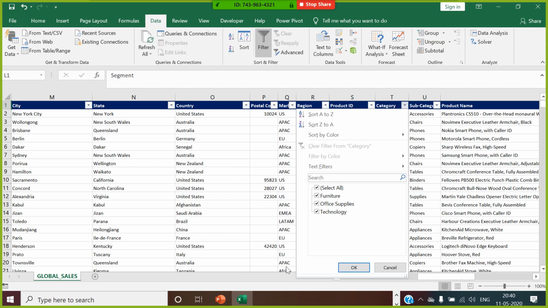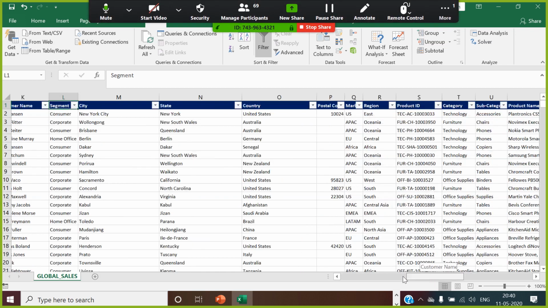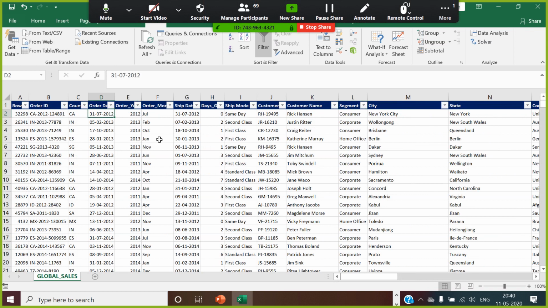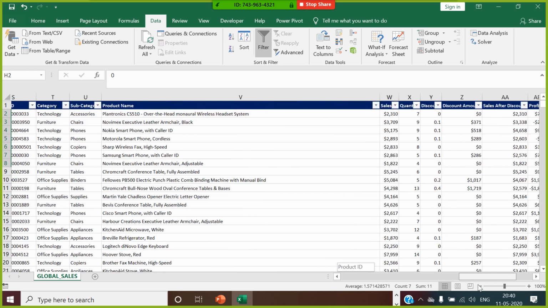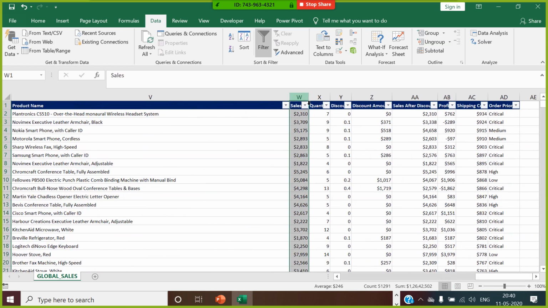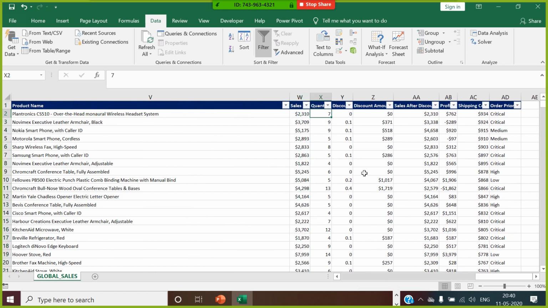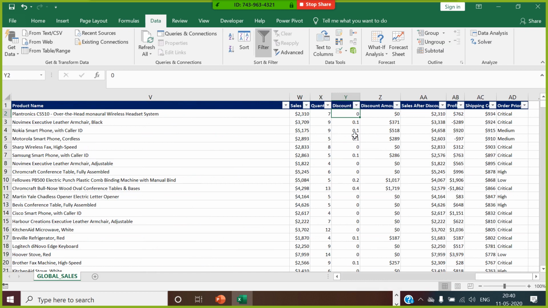through worldwide online. When the order was given, there is an order date, a shipment date, the order year, the order month, as well as the shipment gap in number of days already given over here. Based on that, the last columns give the sales price and how many quantities have been ordered. Based on that, it gives the discount margin given on that particular product, the discounted amount, the sales after discount, and the profit amount, right?